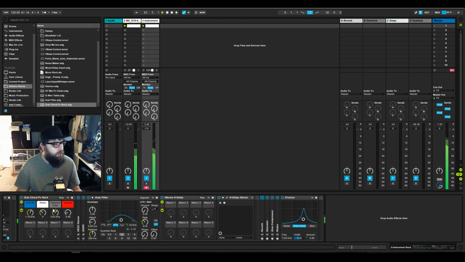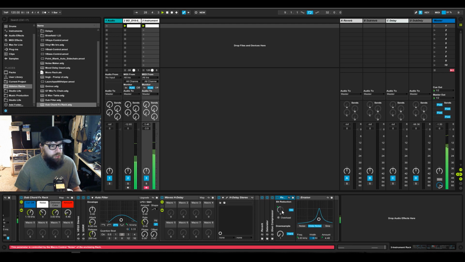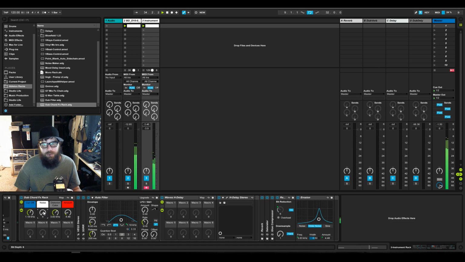Now you see this noise, distortion, color, and amount. The noise actually is the bit rate of it. So I have a Redux in here in bit reduction mode, set at 9 bits. You can go up to 16, which is super clear, or you can go down here. What this does is it degrades the sound and adds some noise on top of it. Digital noise, but noise. So it's kind of like tape noise a little bit. It's not exactly tape noise, but it's a nice soft digital noise that I like. And I usually run anywhere between 8 and 12. I'll probably keep it at 12 bits for this, because that's kind of what I'm feeling.